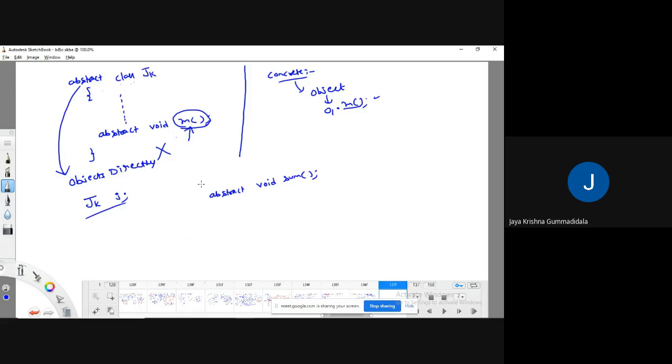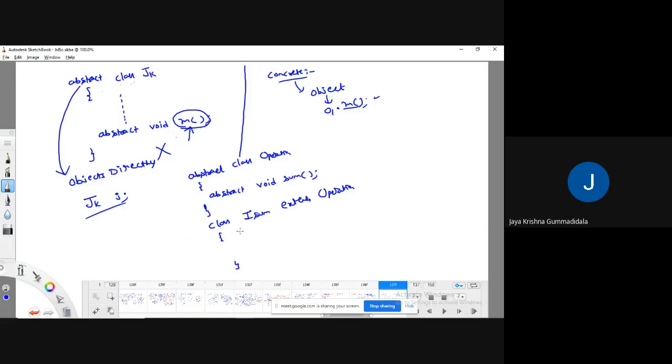As this class is containing an abstract method, I'm going to make this class an abstract class, something like abstract class Operation. The class name is Operation, and I am going to make a class extending this class.